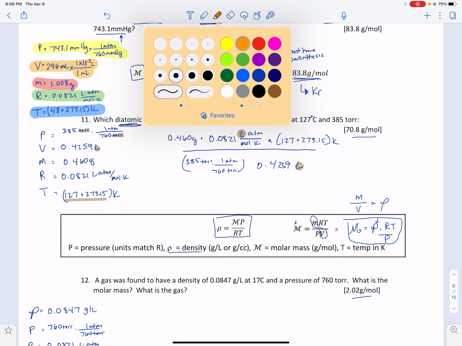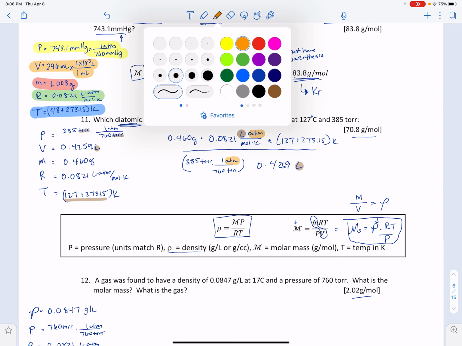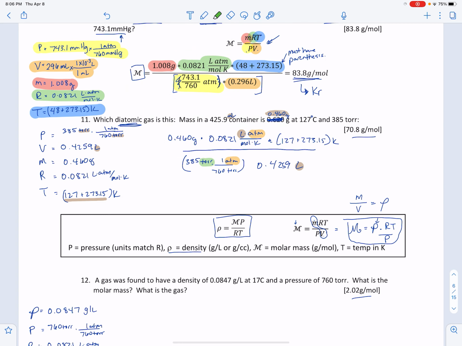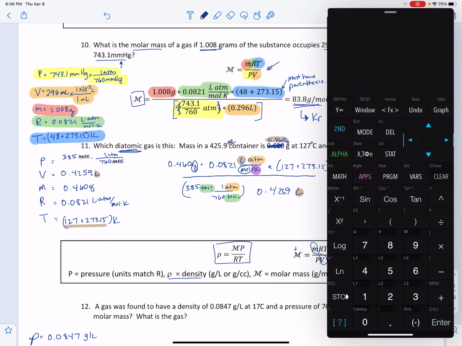And then I have something for my ATMs to cancel with. I have something for my torr to cancel with. I have something for my Kelvin to cancel with. And the unit that I'm left with is gram per mole, which makes perfect sense because we're talking about molar mass. We put that all in the calculator and we will get